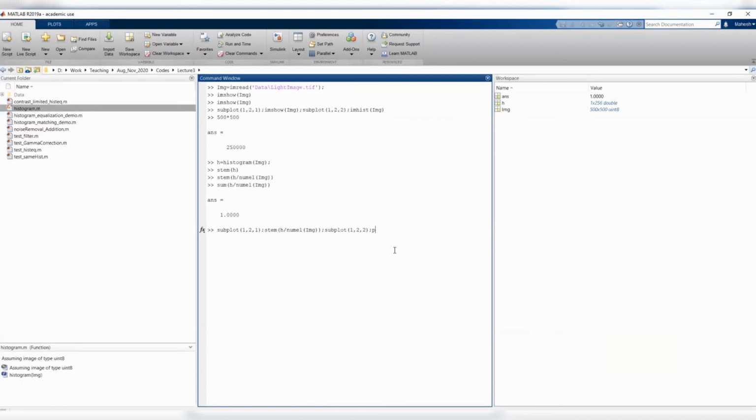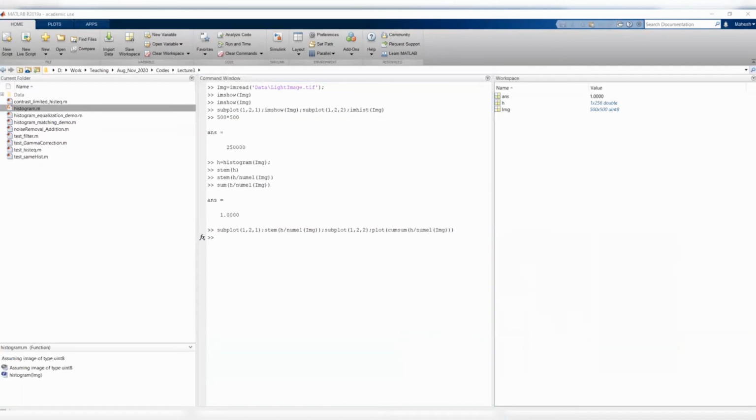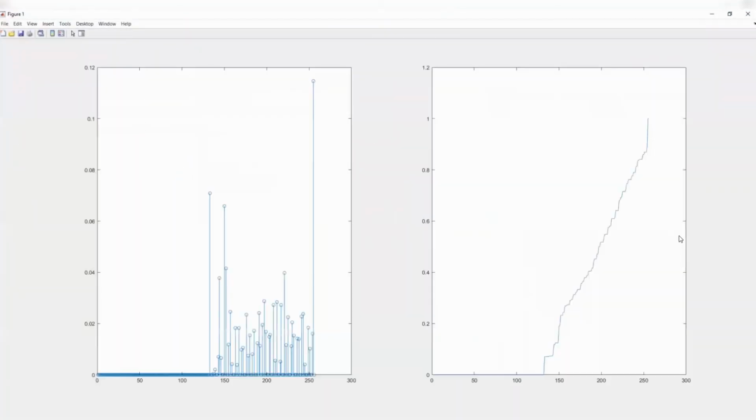And now in the second one, I want to put the cum sum. Okay, so this is very, very interesting, and this is the most fun aspect in image processing. Okay? So let's actually see what is going to happen. Okay, let me drag it out. Okay, very, very interesting plot. So just spend some time on this. So as I said, this is something now like a probability distribution or a likelihood distribution.